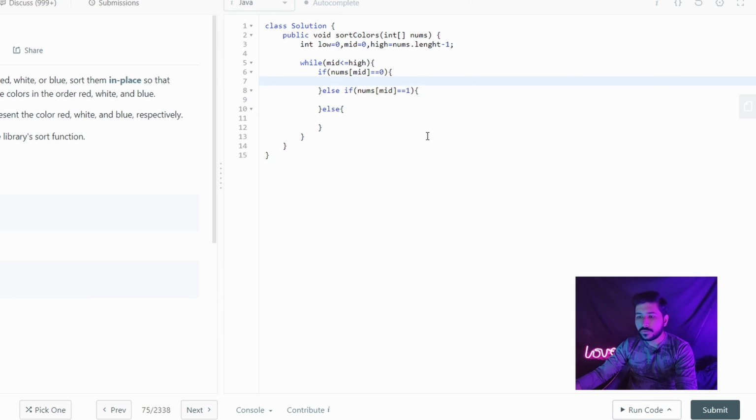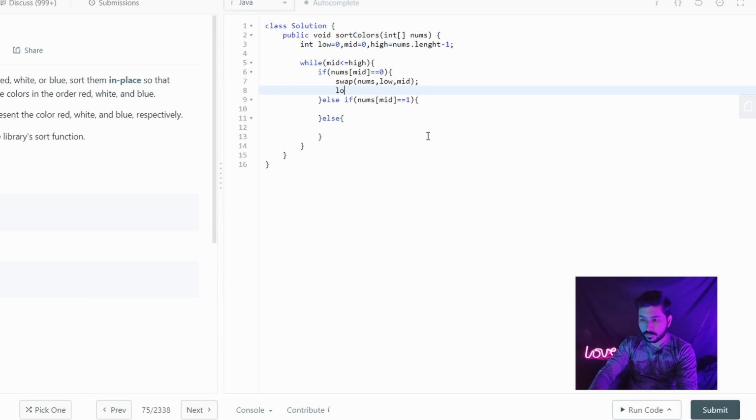Now if mid was equal to 0, then I already told you we need to swap. So what we can do is swap nums with low, and mid will be swapped, and after swapping we need to do low plus plus and mid plus plus,